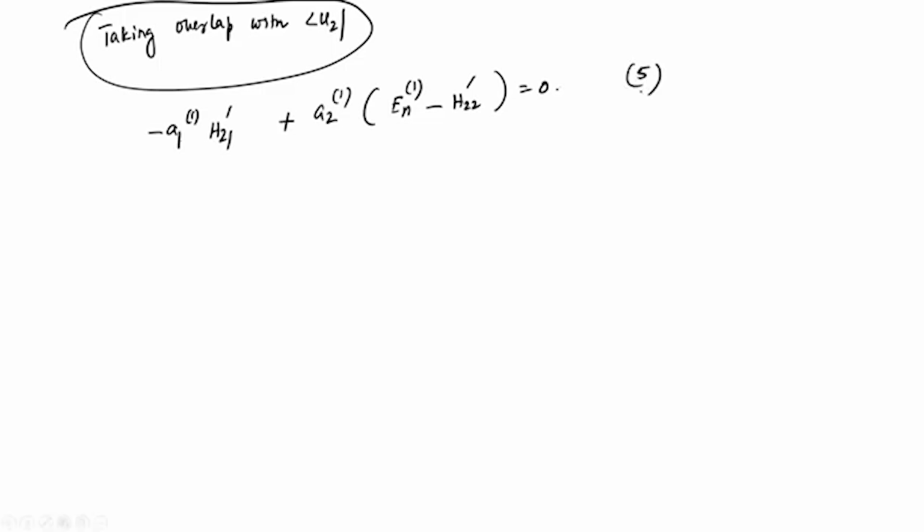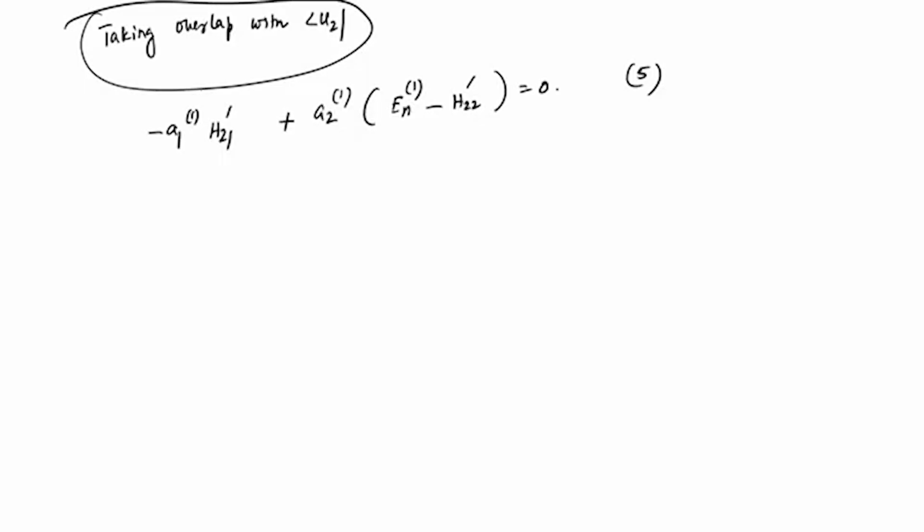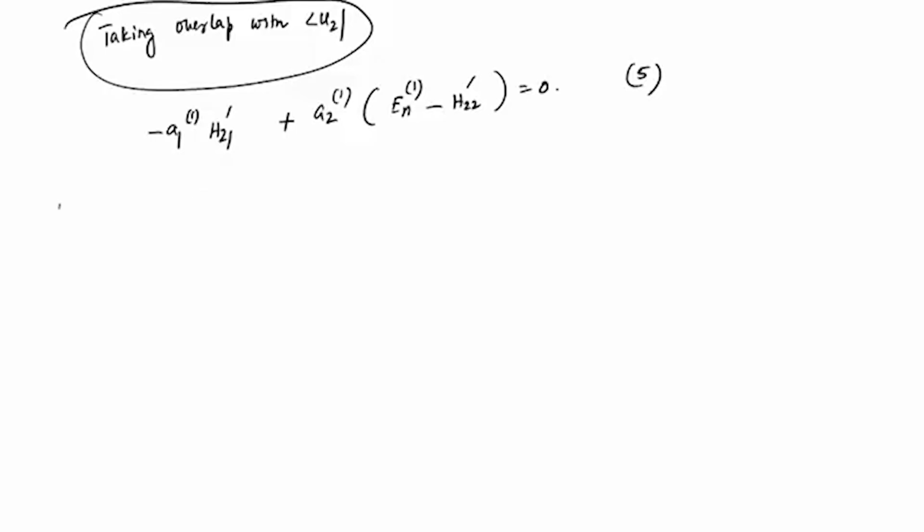Now, you see you have now, instead of one equation for the energy correction, you have to solve a system of two equations. and these two equations can be solved, or rather they have a unique solution, if the determinant corresponding to the coefficients of A11 and A21, that is A2 superscript 1 and A1 superscript 1, the one inside bracket, these coefficients vanish, or the determinant of the coefficients vanish, and so we write for a unique solution